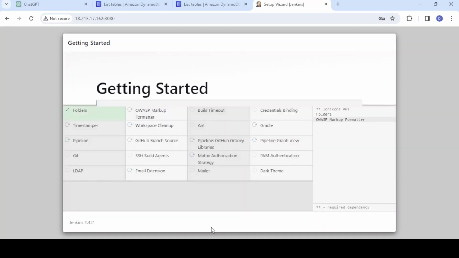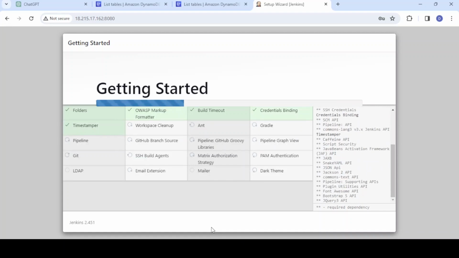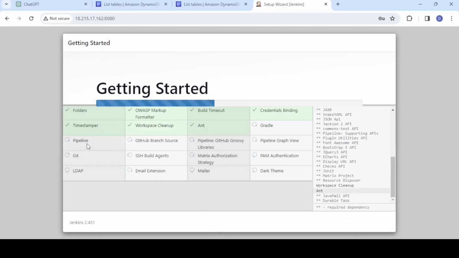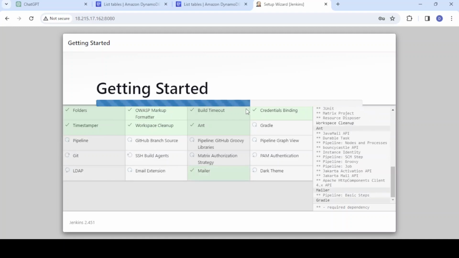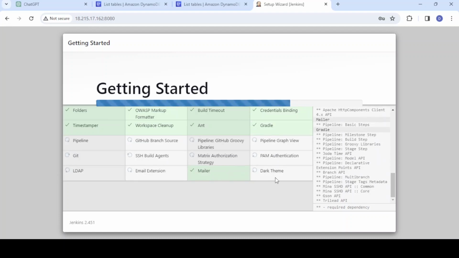So installing the initial plugins Jenkins needs just to start. You can see things like Git, LDAP, Gradle. Quite a few plugins there. Default plugins, and then we can also add some more as needed. Jenkins is a very powerful CI tool, from continuous integration,